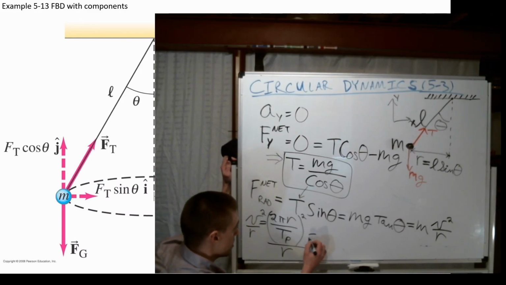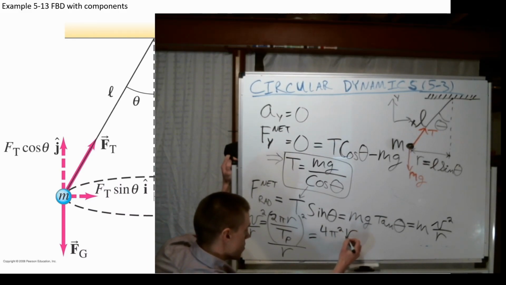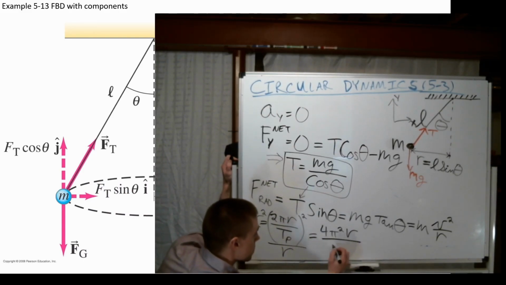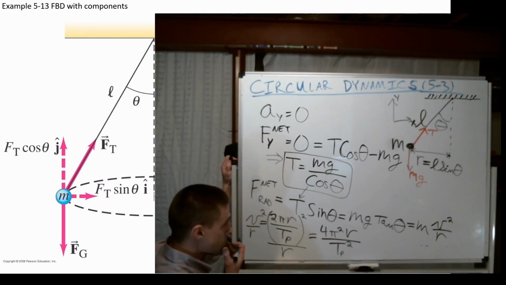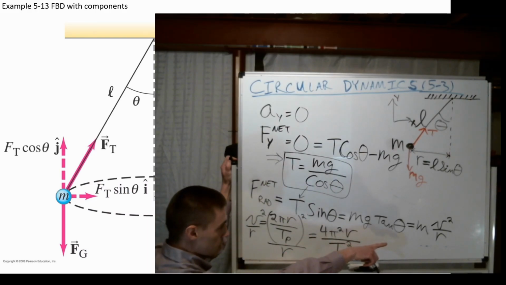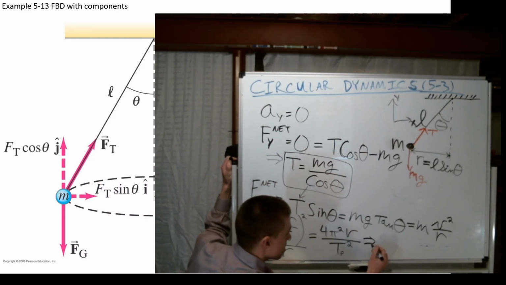And I can expand that out. This will give me a 4 pi squared, a single power of r now in the numerator, because I'm getting rid of this one in the denominator, divided by tp squared. Okay, so this is my v squared over r. I can plug that in on the right-hand side here, and this would give me,